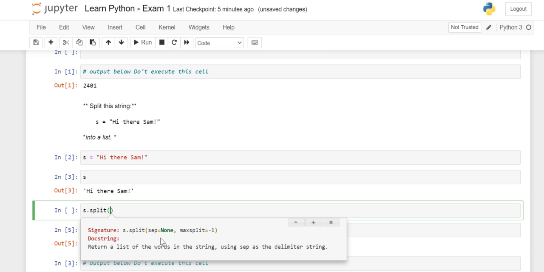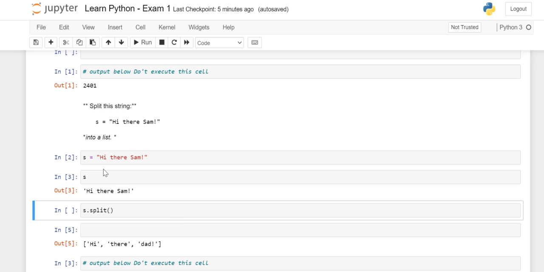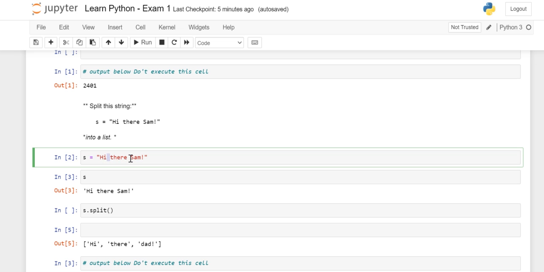If you see the doc string, it is saying that you can mention some separator. By default, what is the separator? The split default separator is space. Yes. If you see our string, what is the default separator in my string?